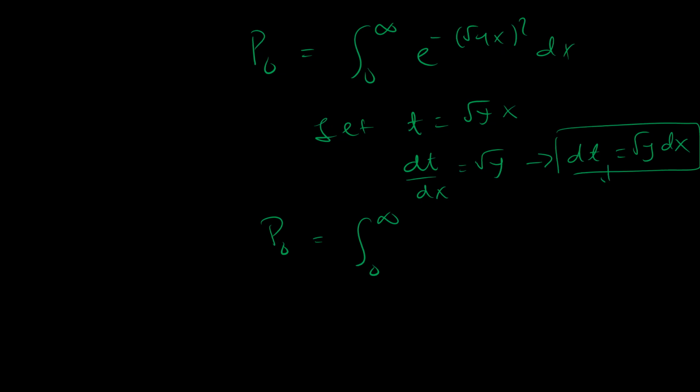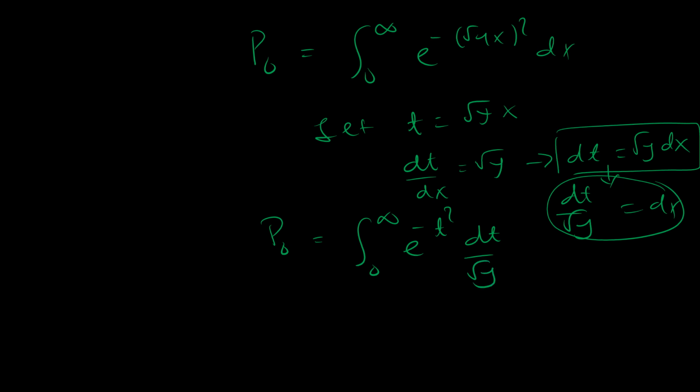And actually from here we can say dt over root of y is equal to dx, right, using that. So here we have e to the power negative t squared dt, which is